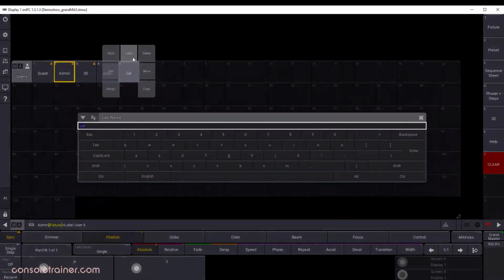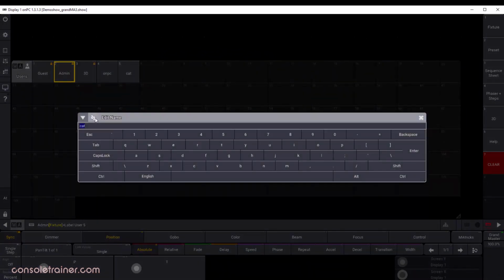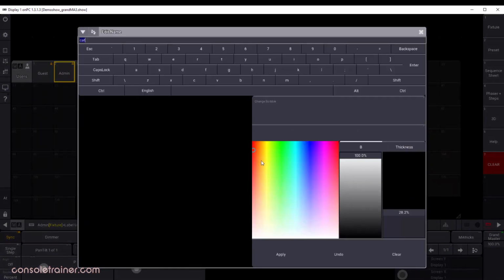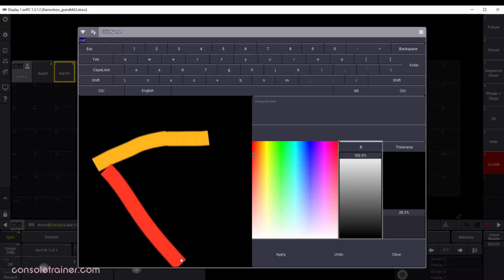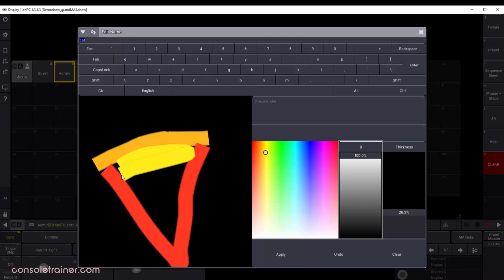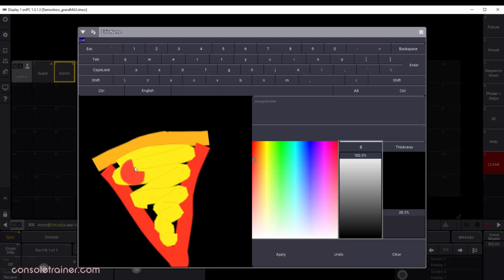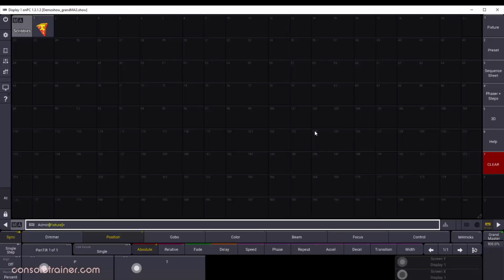And of course, if you pick label and click the little squiggly, you can do a scribble, which is new to MA3. Now, I'm not going to draw what everybody draws the first time they do a scribble, which is obviously a rocket ship, right? Yeah, those are absolutely gotta be rocket ships. I will tell you though that whatever you do decide to scribble, it will not only be applied to anything you're labeling, but also saved in the scribbles pool, so you can apply it to other objects as well.